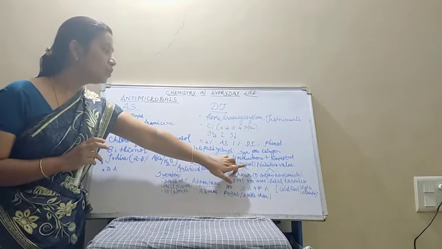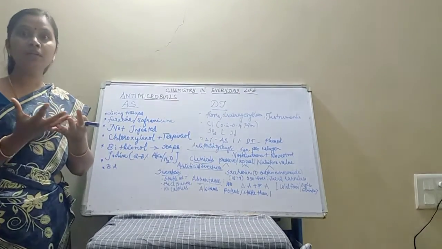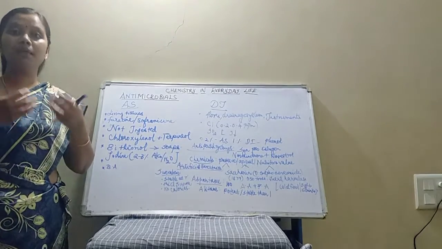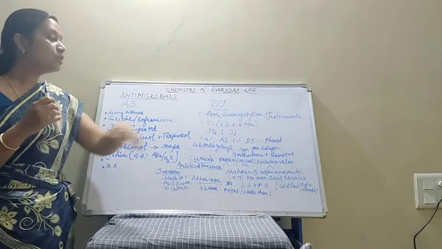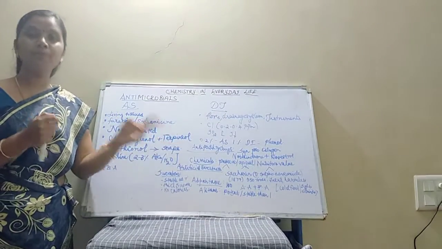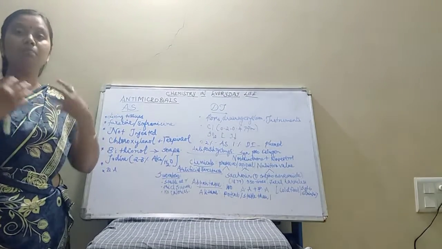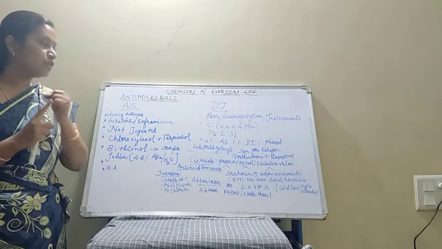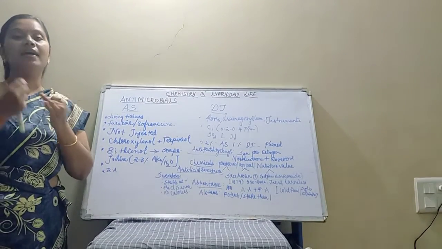Then they are used to increase the appeal of the food. Like whenever I'm seeing the food, that itself is going to make me eat more and more. It is going to increase the palatability of the food. So to increase the appeal, two varieties of chemicals were used. They are nothing but food colors. They make the food attractive, more appealing. So food colors were used to increase the appeal of the food, plus flavor enhancers.